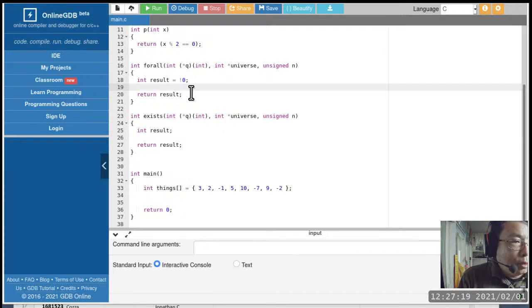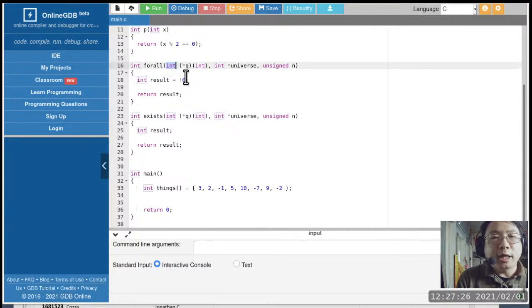All right, could q return another type other than int? The answer is whatever the return type of the function that is pointed to by q is needs to match whatever I'm highlighting here, which currently is an int. Because we just want it to be a Boolean, and remember in C there's no such thing as a Boolean type, so I'm using int in place of a Boolean type. But as a feature of the language, yes, you can change what I'm highlighting here to return something else.